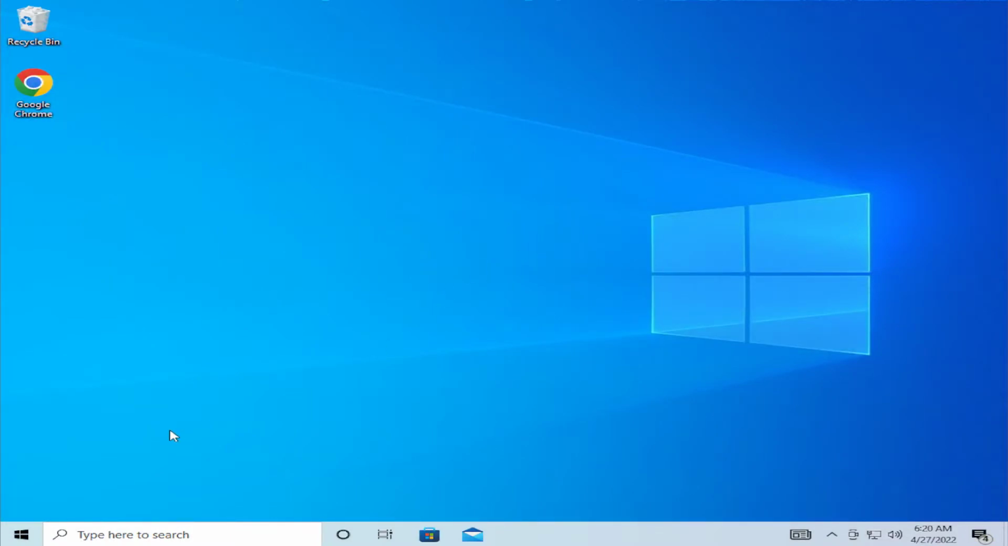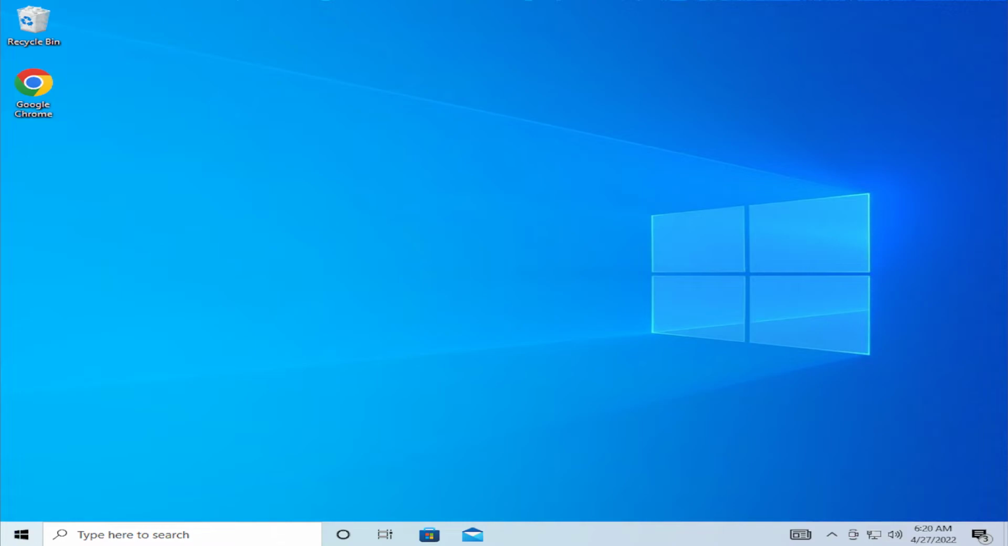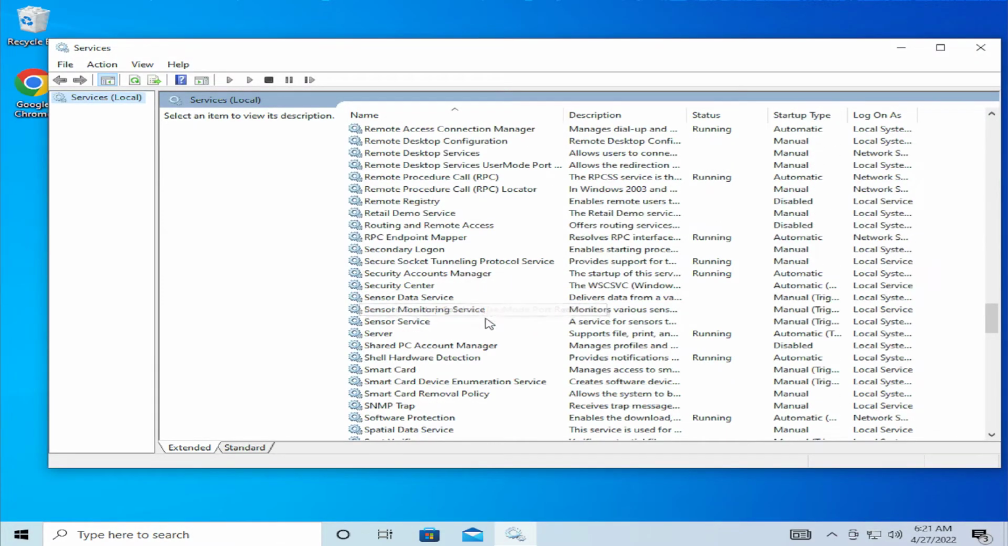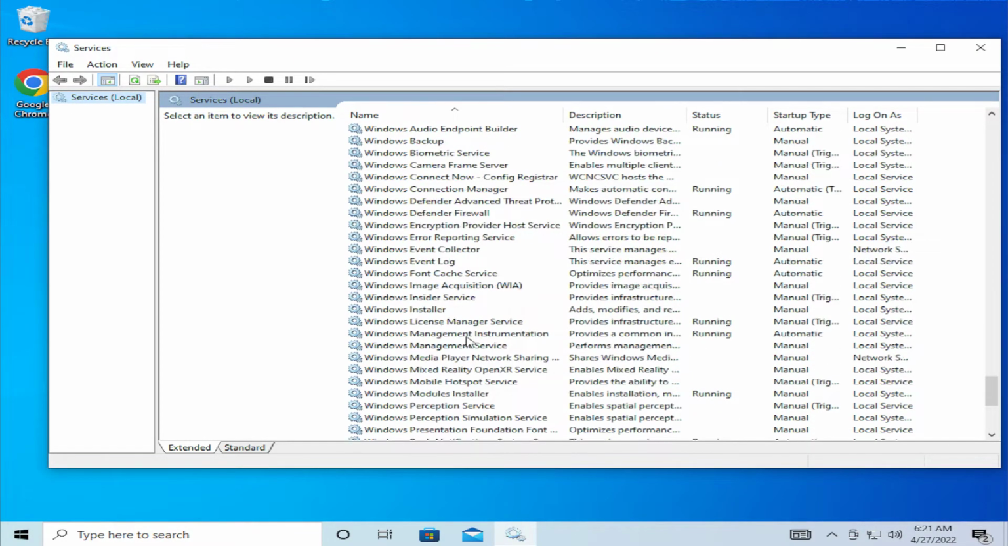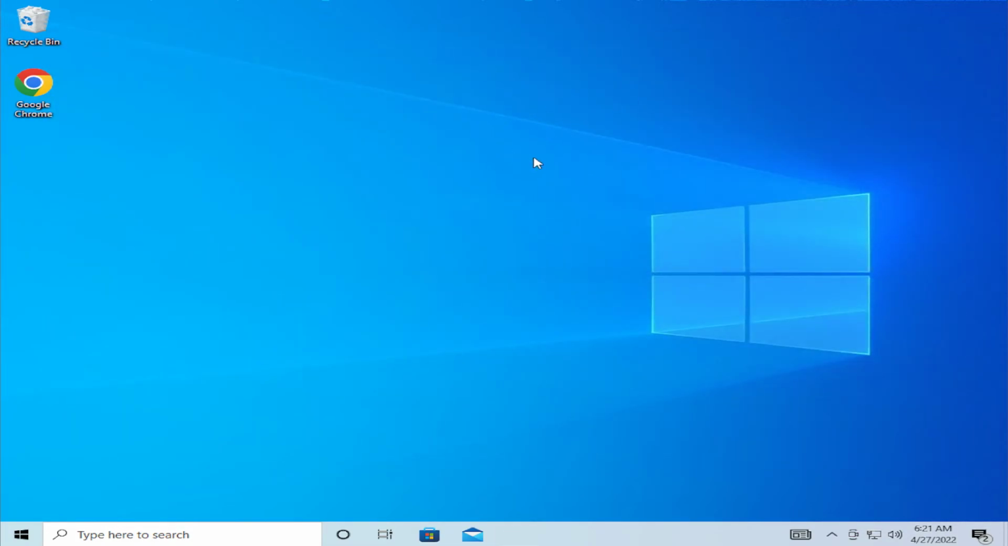You can verify the automatic solution. Go to the start menu, select services, and search for Volume Shadow Copy. And the service status is running. You can try to run any backup application or any program, and